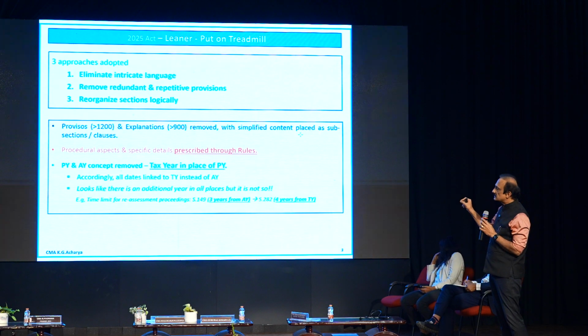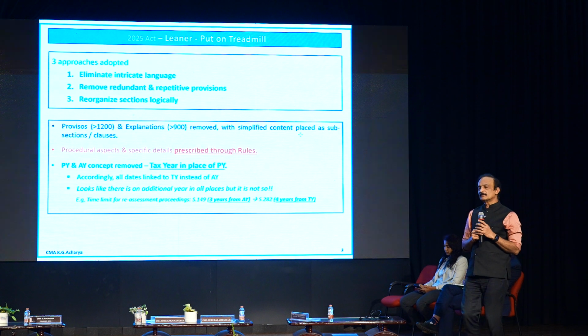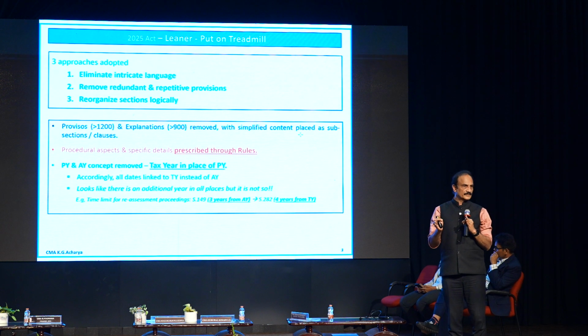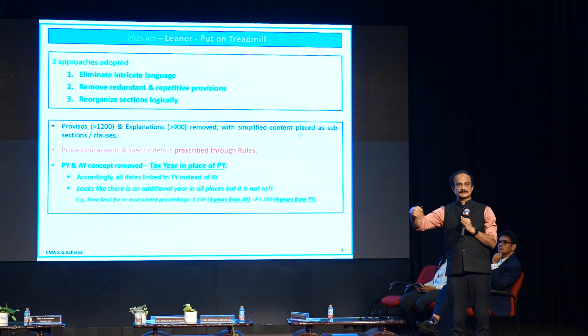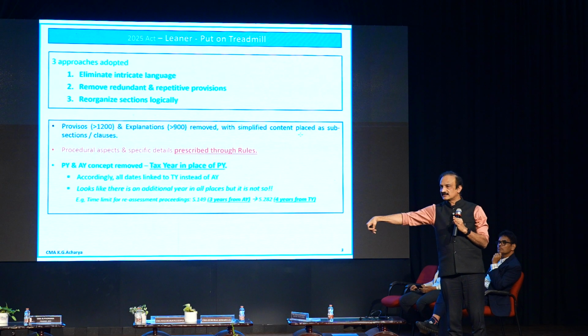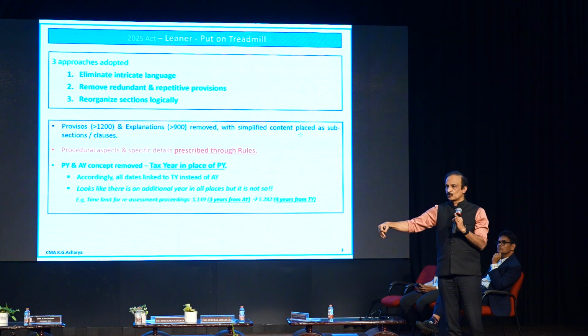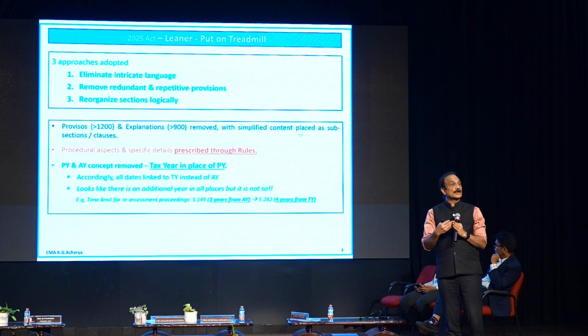Why I have to tell you this is, earlier, if you remember, we had a cutoff of 3 years from the end of the assessment year. That will now be, in the new act, 4 years from the end of the tax year. You understand? For 31/3/26, the assessment year ends 31/3/27. From there, 3 years means from here it will be 4 years. Initially, we felt that we got one more year extra, but it is not so.